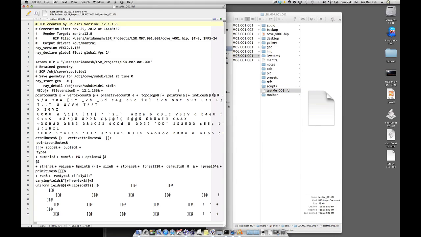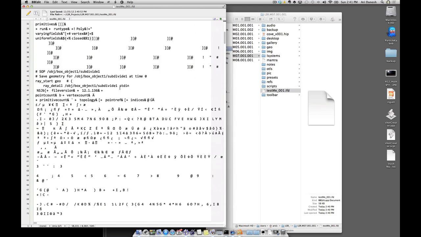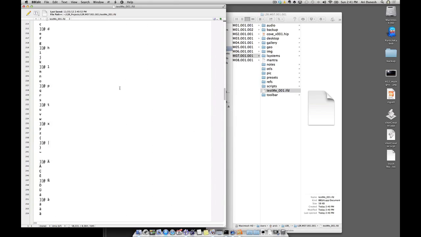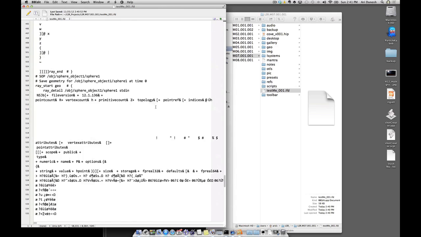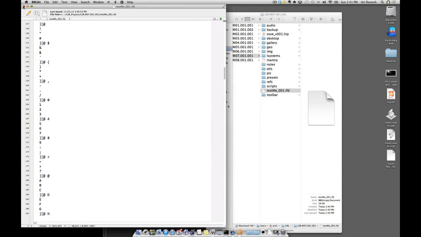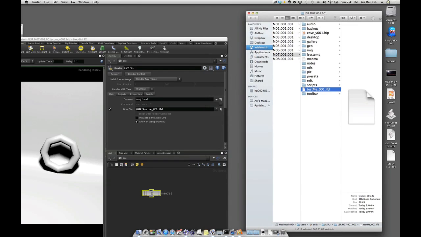And IFD is a combination of HScript plus binary data. Okay. So you can actually put in your own HScript commands wherever you want, and it will execute just fine. But more importantly for us is that I can go to the command line,